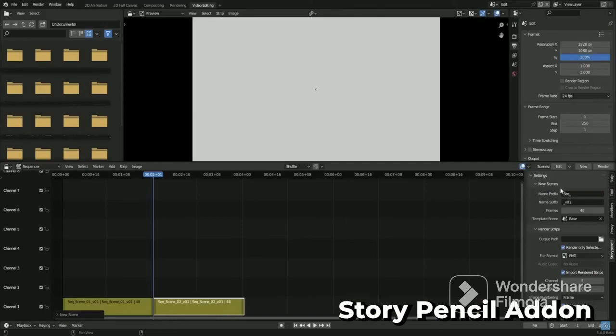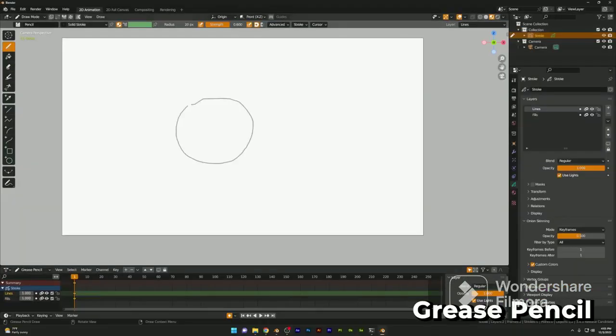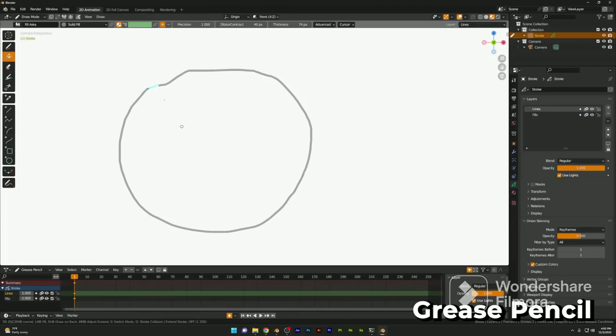It makes it easy to create new scenes, edit them in your timeline, rearrange, and make changes. I don't know where you could possibly find a better storyboarding option, and I hope we see future support for this add-on. Grease Pencil Fill tool has been improved, and now there are more options for gap closures accessible in